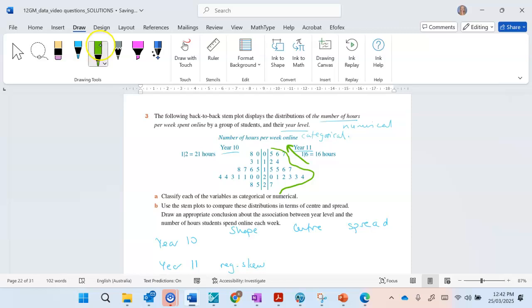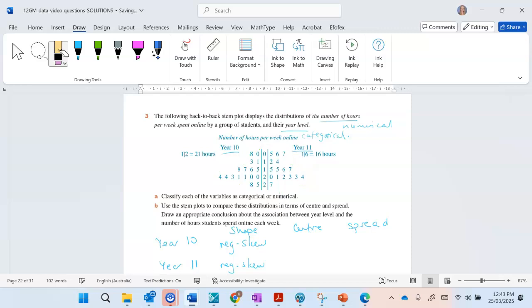Then for year 10, I do the same thing. It's a little bit harder to see because our values go the other way, but if we were to reflect that, it is going to have the same shape as the other side, so it is also negatively skewed. When we put it into the calculator, you'll be able to see it as box plots. All right, your center,